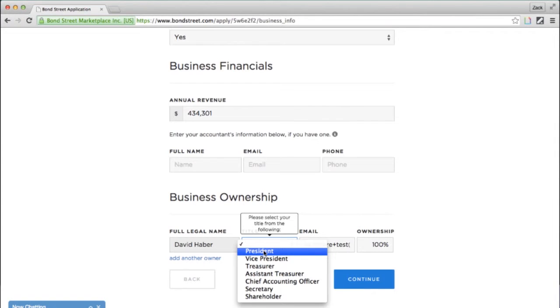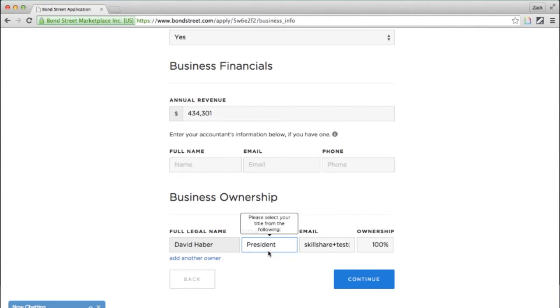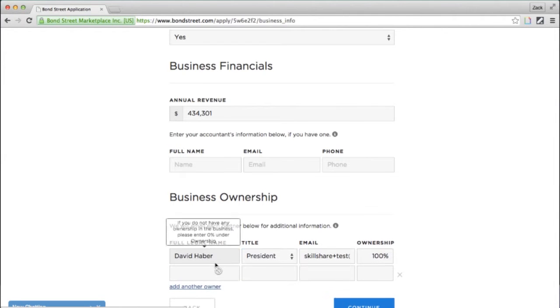In this case, I'll skip that section because I've already prepared all of her financials ourselves. And then the last piece in this page, we're asking for the ownership breakdown of the business, and the title of those different owners. So in this case, I own 100% of the business, but in another case, you might